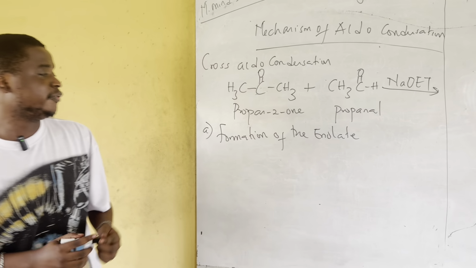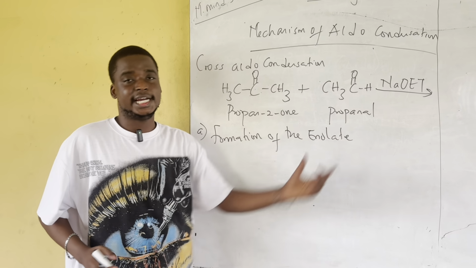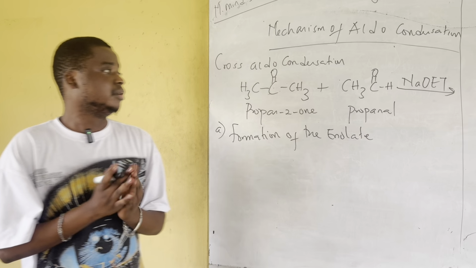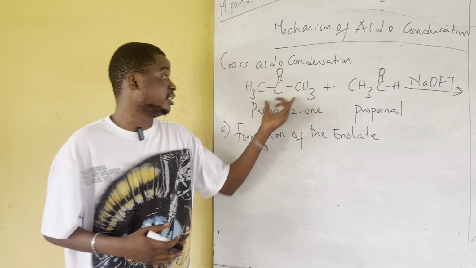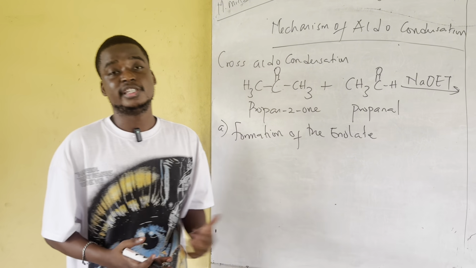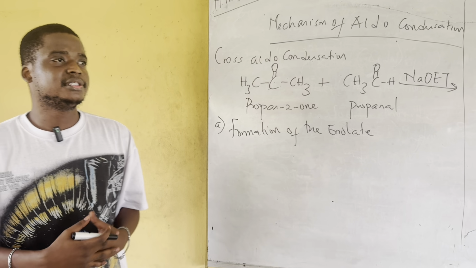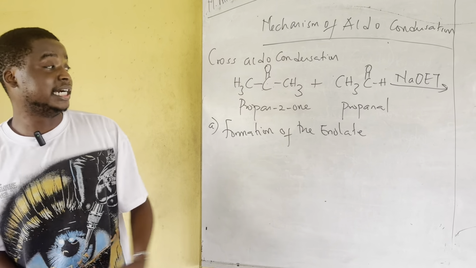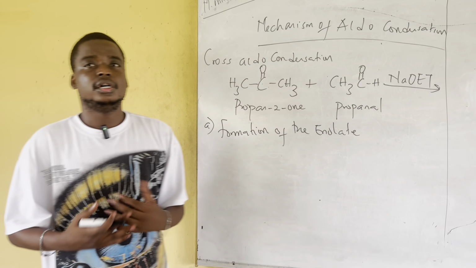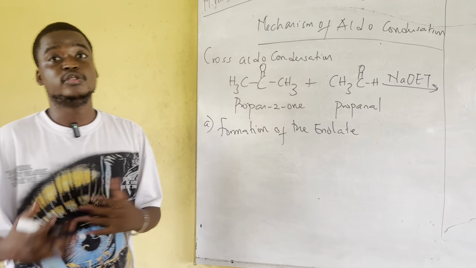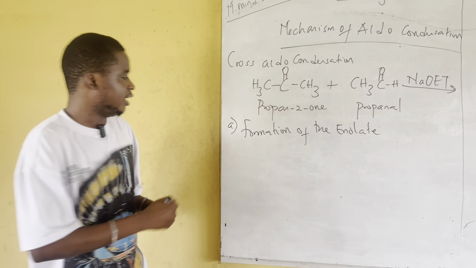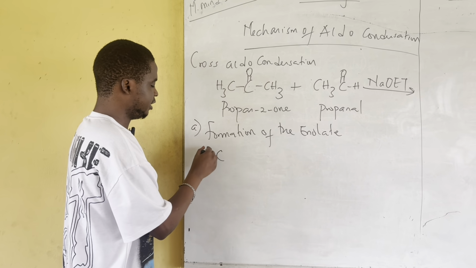Now, typically, when you have a ketone and an aldehyde undergoing cross aldol condensation, I would advise you to use the ketone as the enol. Use the ketone to form the enol because ketones are better enols than aldehydes, and that's due to a stability known as keto-enol tautomerism. That's a story for another day. So we have this ketone that we have here. We have CH3,